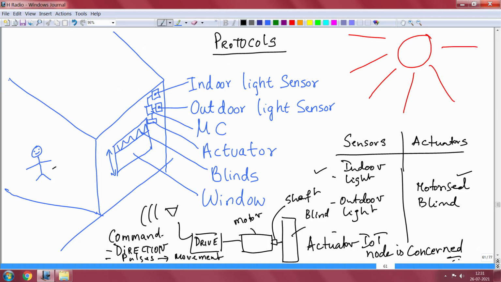Okay. See, this is not going to be easy. You have to pass the command which contains information about which direction the blind has to move, up or down, plus or minus, and the pulses such that it moves and halts either in the up direction or in the down direction. This is not easy. From where will you give these commands? Who will give these commands? There is no human there, everything has to be automated, isn't it?